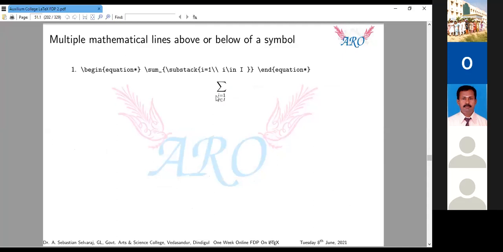Now we have more than one, that means two subscripts: i equal to 1 and also i belongs to indexed set, capital I. For this purpose, backslash sum is used to create the summation symbol. Here the underscore symbol is used for creating the subscript. And for more than one line, we have to use subarray, just to see that. That's enough, subarray only.